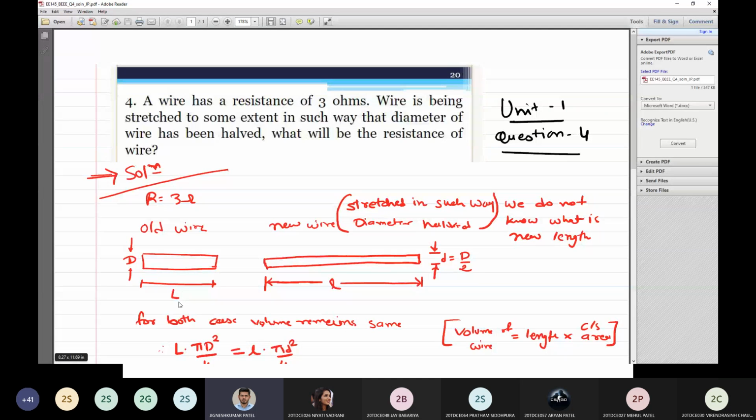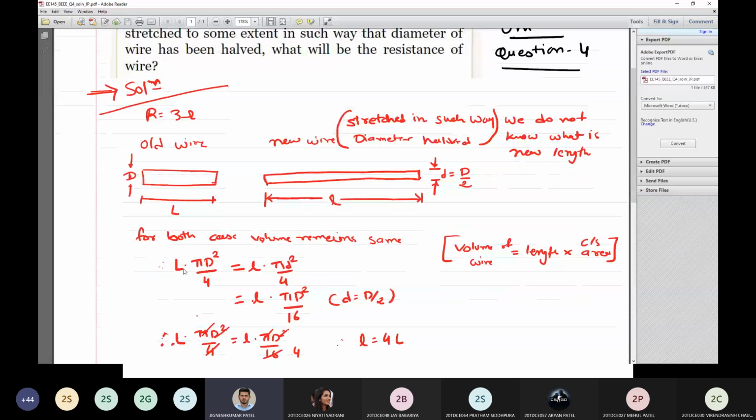So this is the case. The earlier length of the wire was L. Now it has been extended to a new length, that is small l, and the diameter that was D is now a new diameter, small d, which is equal to the original divided by 2. So the original was capital D divided by 2. Now if I consider the volume to be the same, I can write this equation. The volume is length into